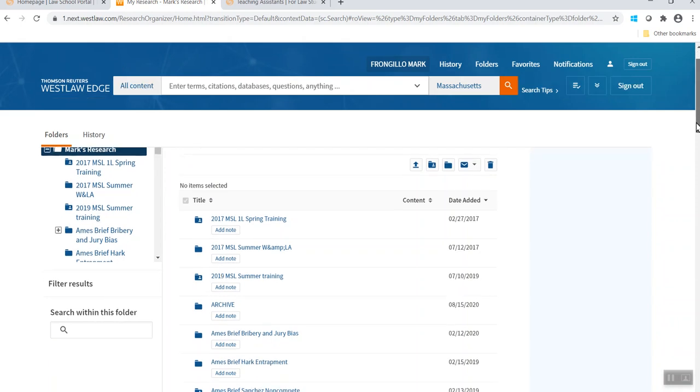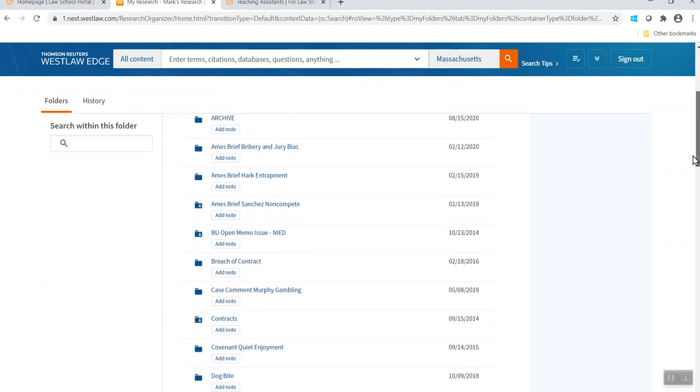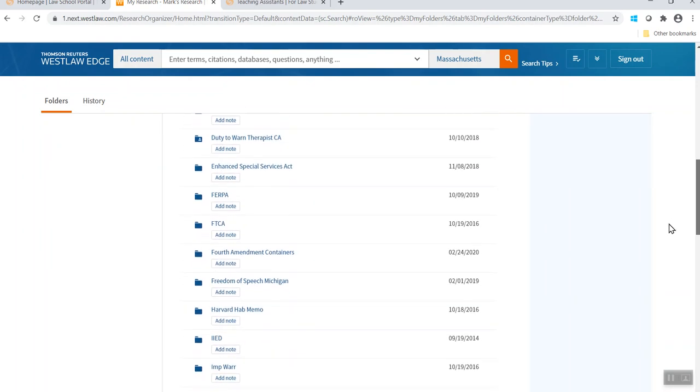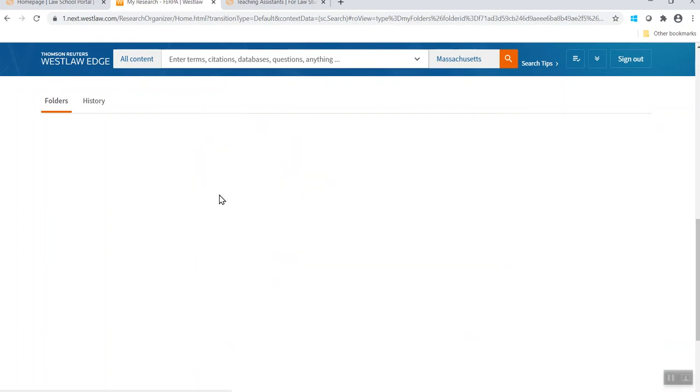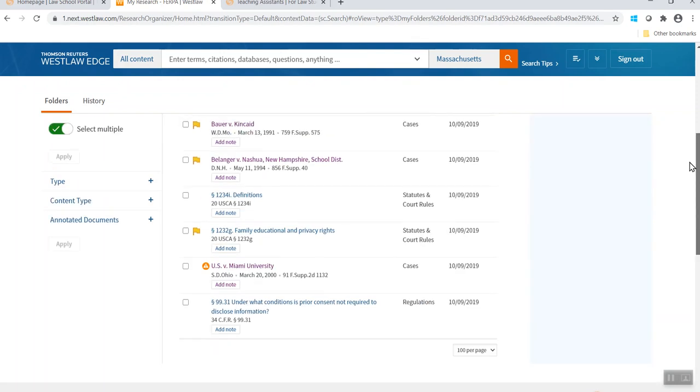And that's actually something you would want to do before you graduate. Any folders you want to take with you for future purposes before your passwords get disconnected, you'd want to export those folders to your laptop, to your desktop. What I wanted to do in the final few minutes was give you a couple of tips that you may not be aware of with respect to folders. First tip, when you're looking at a folder,